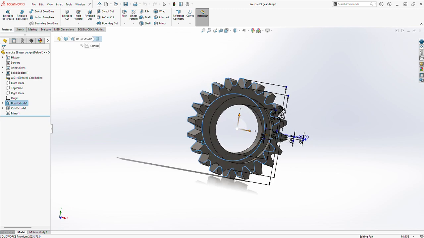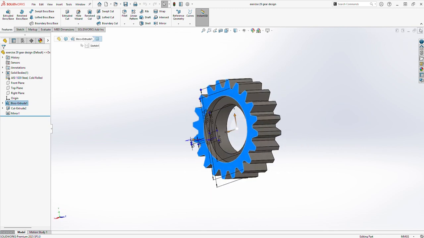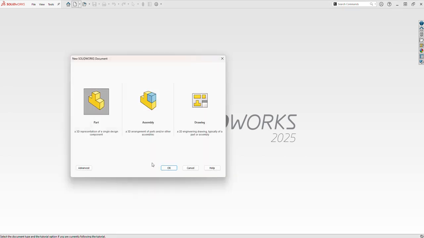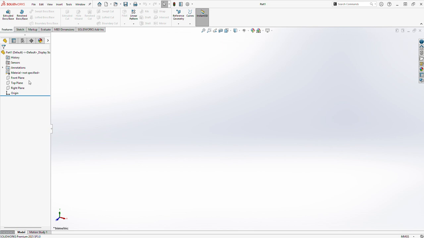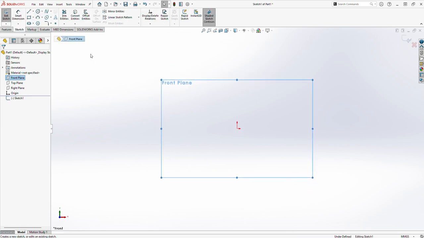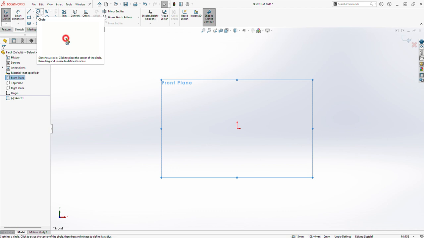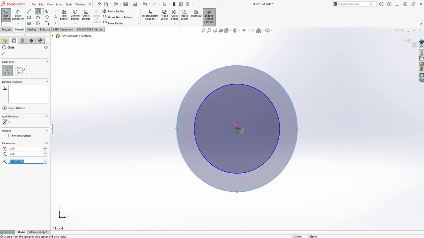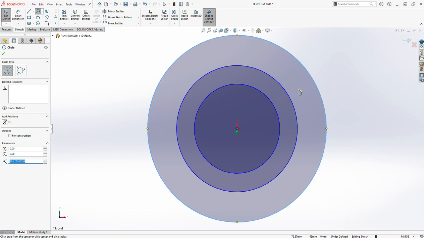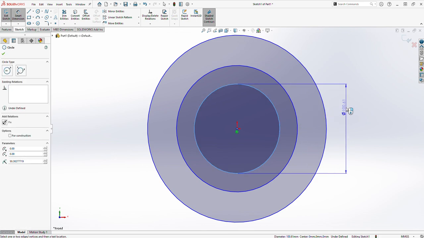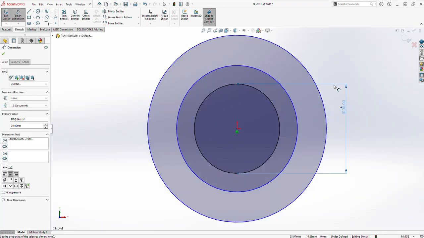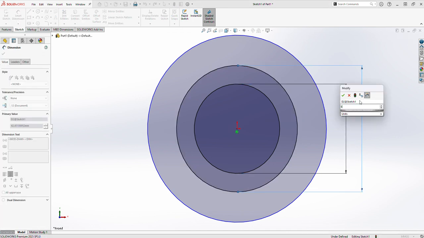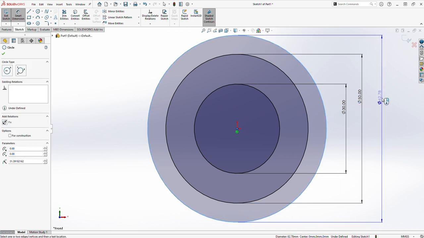So first we need to close this exercise and then we will start from a sketch. Go to part and select new and then OK. You can select any plane, like front plane, top plane, right plane, and go to sketch. Go to the sketch tab and select circles and create 3 circles at this point. Go to smart dimension and select this circle and make it 30 mm. This one is 50 and this is 60